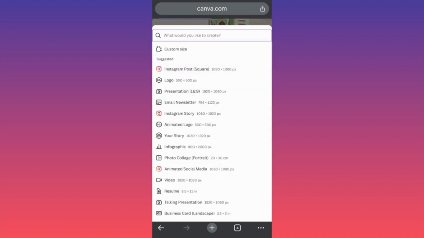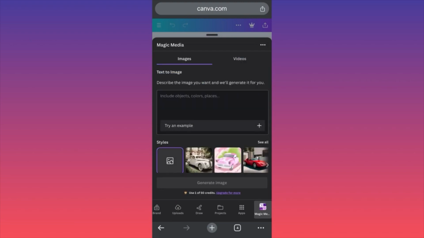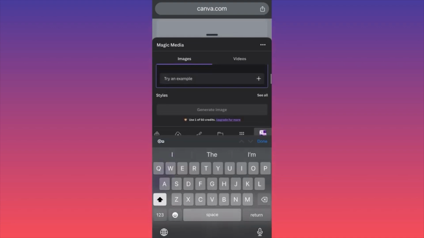And as you can see over here, you have pre-made templates for anything that you want to create. So for example, if you want to create a story, if you want to create a logo, if you want to create an email newsletter, presentation, anything is here guys. So for example, if you want to create Instagram post, you have the square option over here. In our example, we're going to create a logo. And the way how this actually works is that when you come over here, you have to type a particular prompt. When you type the prompt, you also have to choose underneath the style of the prompt. So in our example, we are going to create